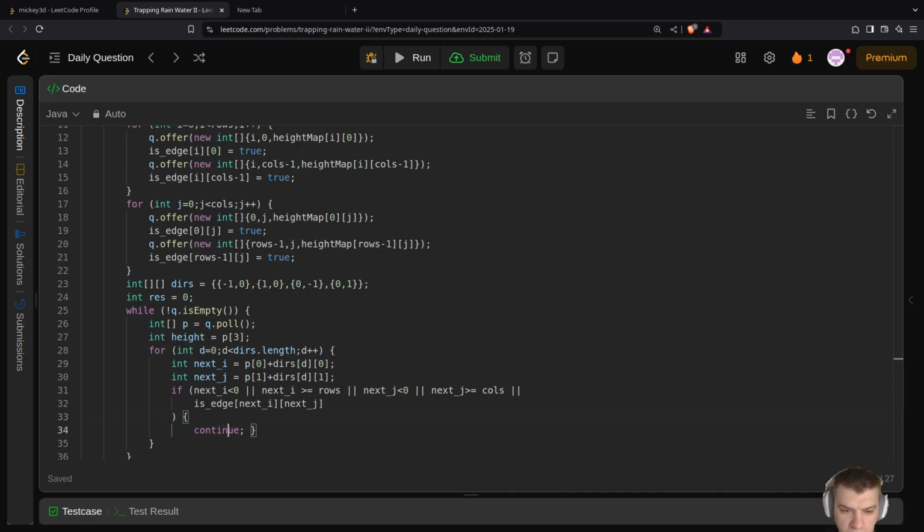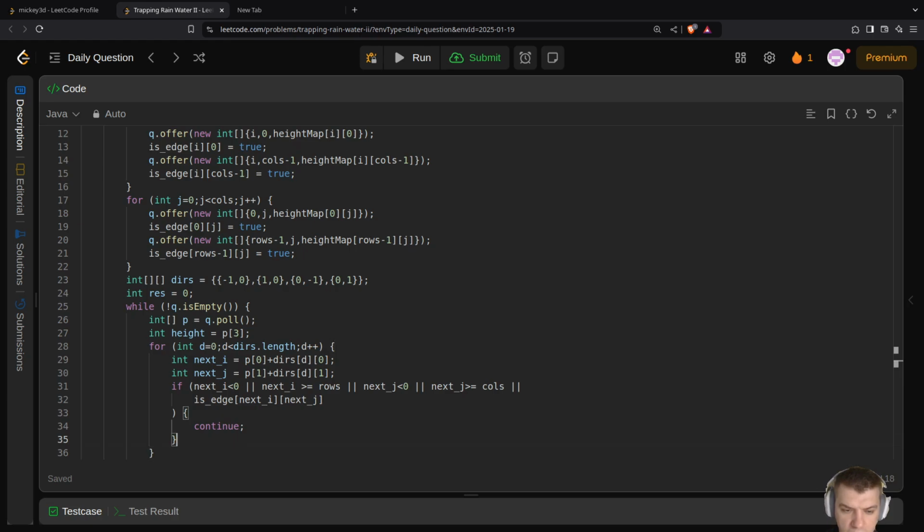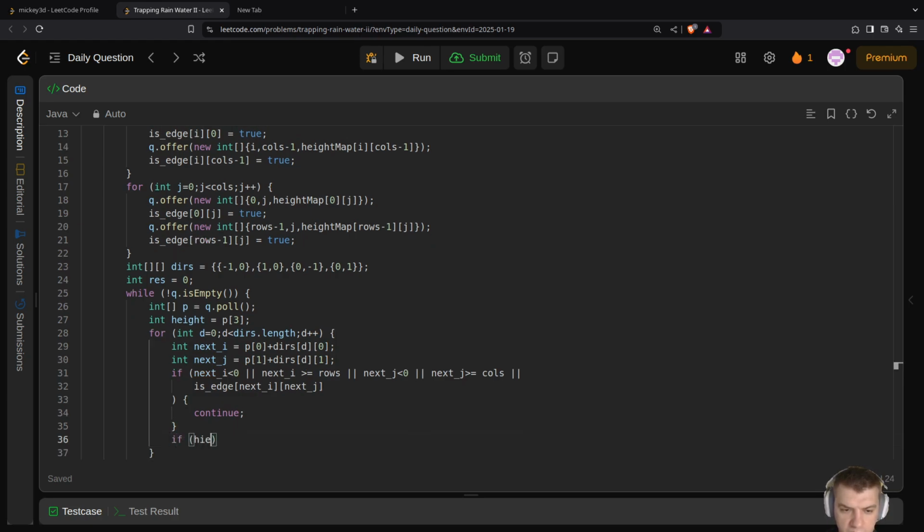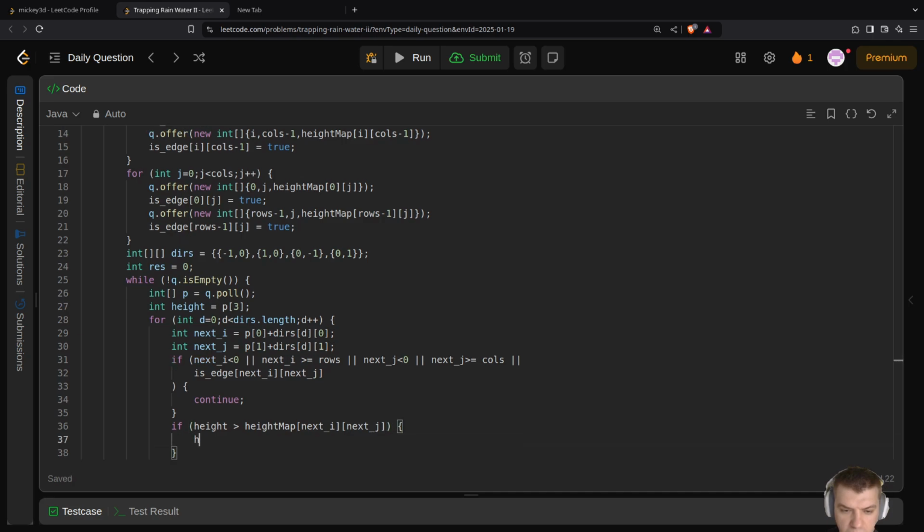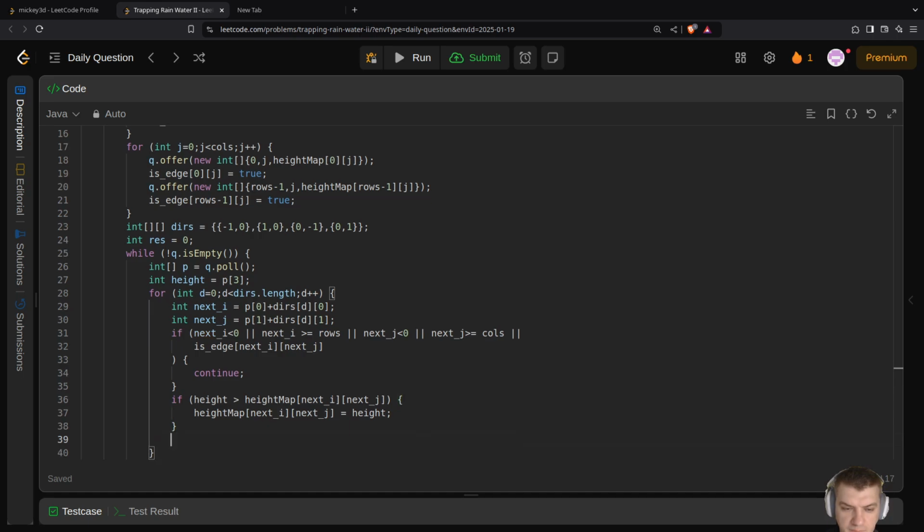Otherwise, if height greater than height map next i next j, then the height map next i next j equals the height, and then res plus equals the delta,